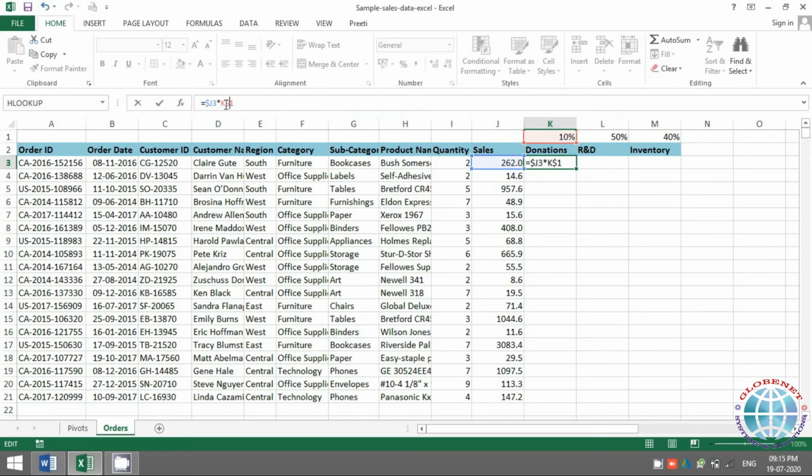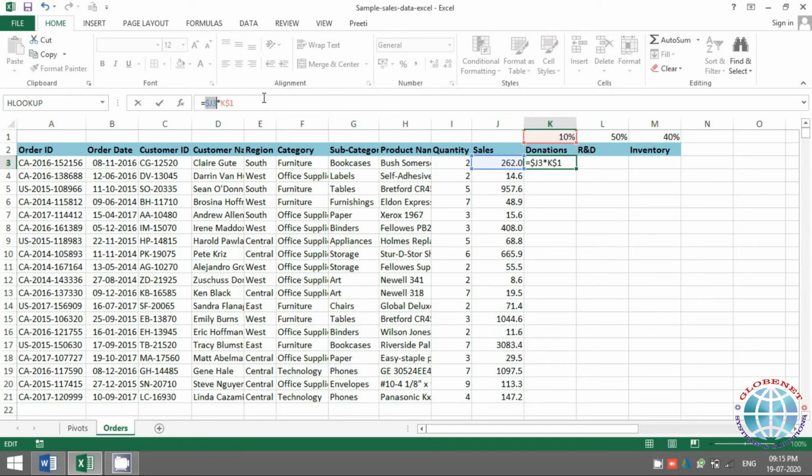So just to repeat what I just did, for the sales value, I have freezed the column because I don't want the selection to move from the sales column to any other column. But at the same time, I want this reference to move from the first order to the second order and go on selecting all of these rows.